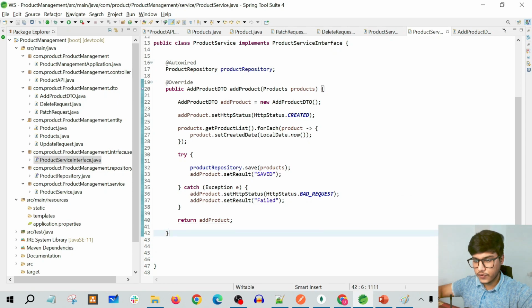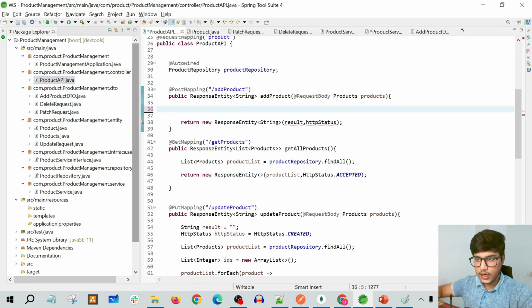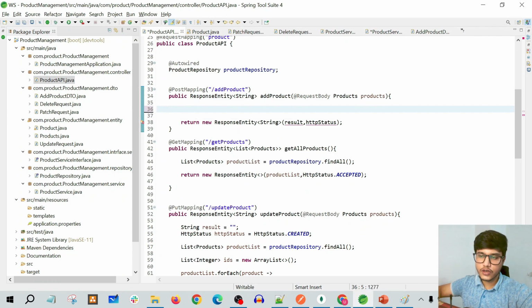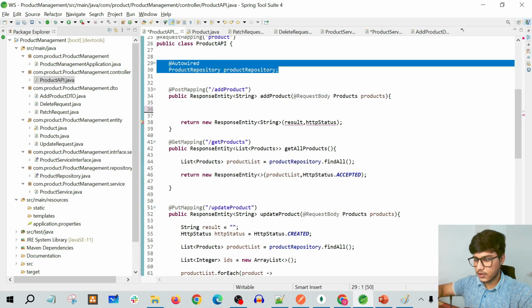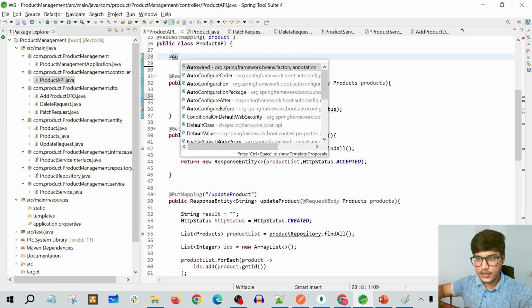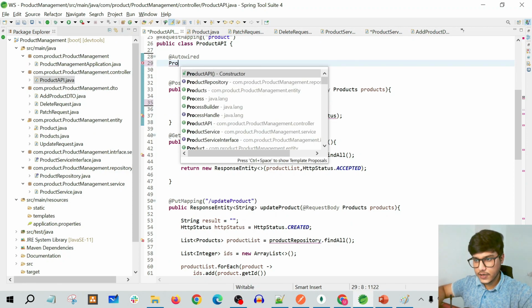So let us move to the next API and let us remove these changes from the product API class. Okay, they are already removed. Now from this controller, we have to call that method to get that data back. And let us remove this repository class autowiring. And now we have to autowire the service class interface. So we created an interface for the service class that we are going to call from this particular product API controller class. Okay, so let us autowire that interface,